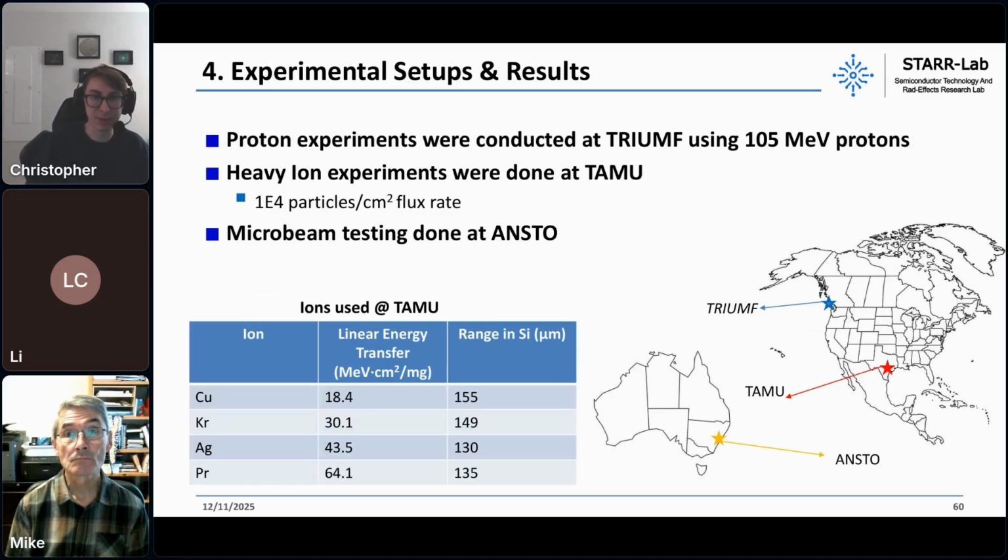So we had 3 different irradiation campaigns that we did with the device, I guess in 3 different countries as well, which is the neat thing. So we did proton testing, and that's at TRIUMF, at UBC in Vancouver. We also did heavy ion testing, so that's